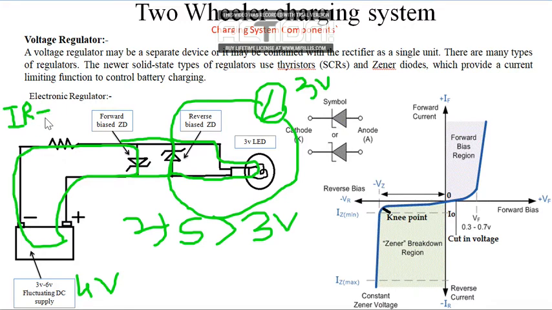IR is equal to V. So this Zener diode is responsible for making a drop across this resistor in such a way that the voltage applied across this Zener diode should be 3 volt. In our case right now, how much is supplied by our voltage supply? 4 volt. So how much voltage should be dropped in order to maintain 3 volt across this? That is 1 volt.